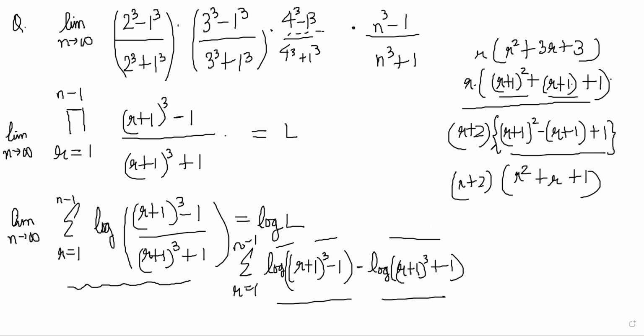See, now it seems like this is going to help after all, because we can write the numerator part, which is r cube, r plus 1 whole cube minus 1 as r into this, right? And denominator part as r plus 2 into this. Right. So this will split up as, 1 second.